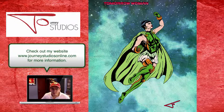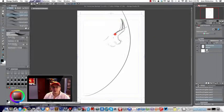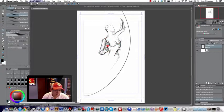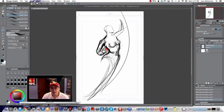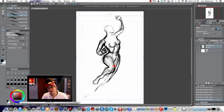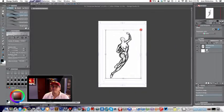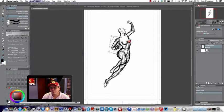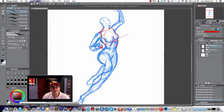So let's see. First, I start with a gesture drawing. This is basically a normal gesture drawing, regular, very loose. Of course, I have some reference. I'm looking at the other screens, and I have some poses, but I tend to modify them a bit. It's not set in stone. I just try to capture the feel of a very dynamic